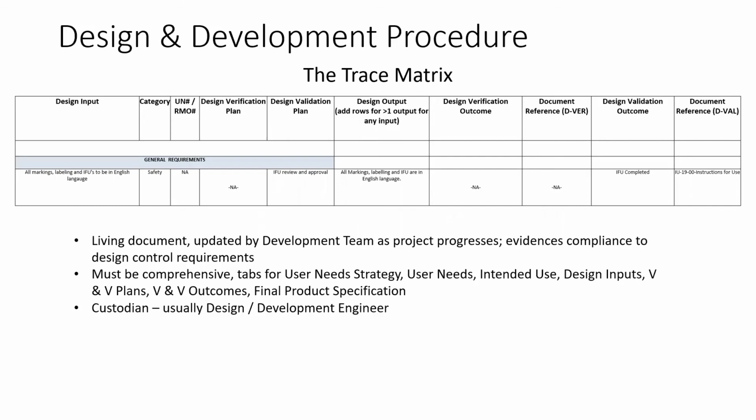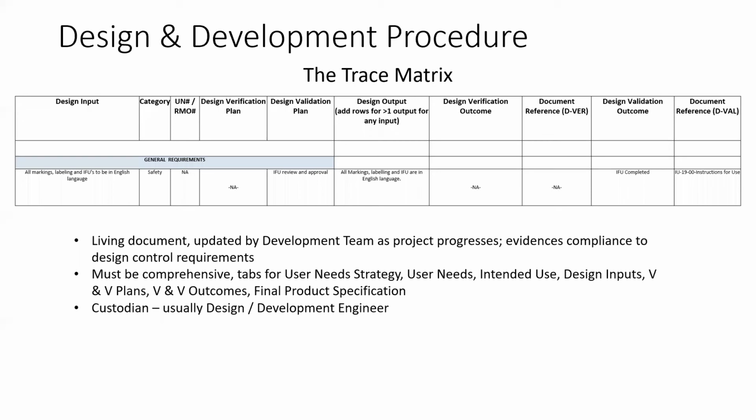Now I'm coming to the most important document, and I'm going to skip many of the slides from this point onwards because they are repetitive, in the sense that it's more of the same. But the most important document, which I'm going to speak about as a design control supporting document, is what I like to call the trace matrix. So what is the trace matrix? I hope this text is clear to you. The trace matrix fundamentally provides traceability of design output, design verification, and design validation to the design input.